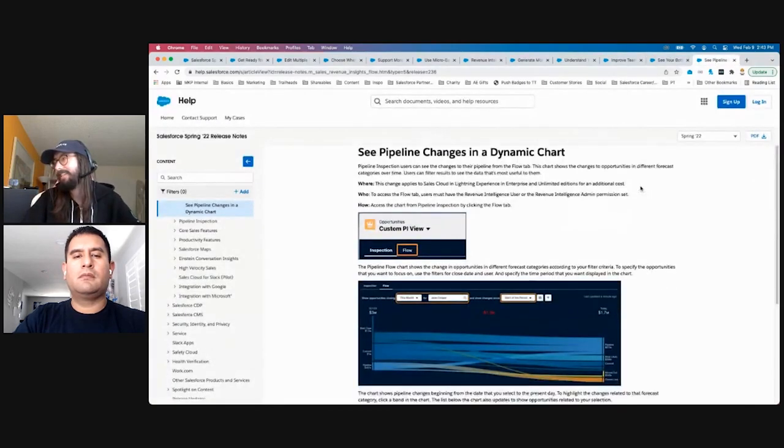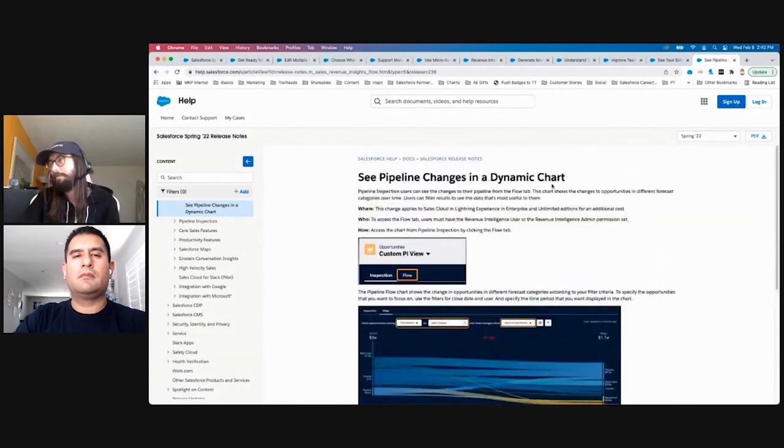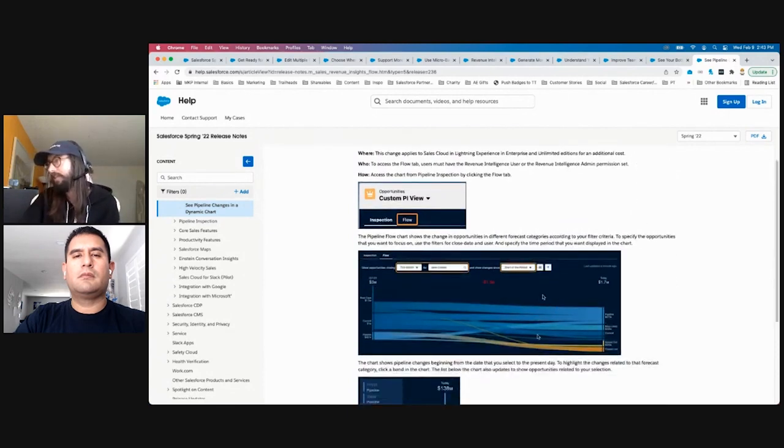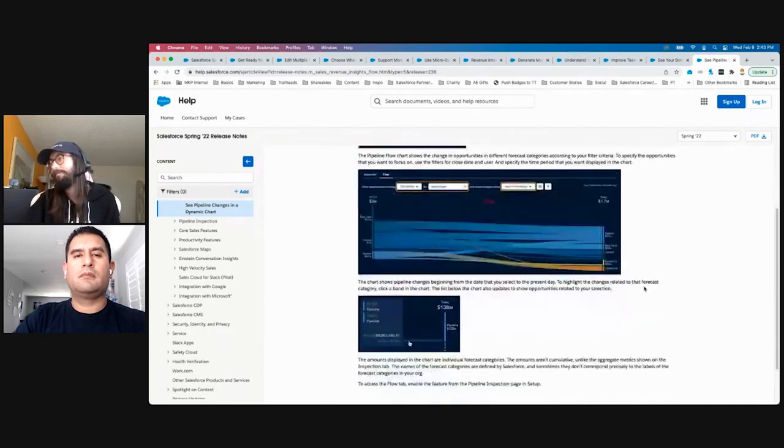And the last dashboard or data viz component of it that I think is really exciting is the ability to see pipeline changes in a dynamic chart. So this pipeline flow chart is going to show you the change in opportunities in different forecast categories based on filter criteria. So now, instead of those sales meetings being a pipeline dashboard, maybe whether you do the Kanban view, or maybe you just do a report screen where it has all of your opportunities, their probability to close, stage, etc. Now you'll be able to see a real quality data visualization that's filterable by month, by user,